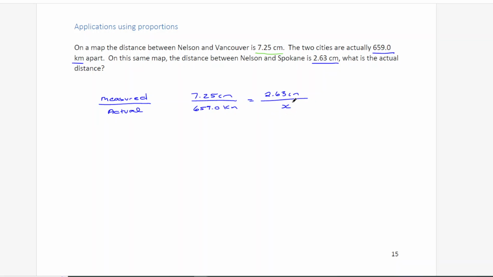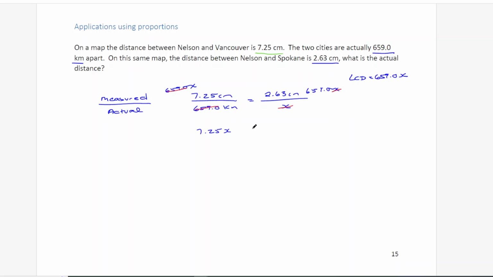Well, we solve it like we do any other rational equation. What is the lowest common denominator? Well, it's 659 times x. So we're going to multiply both sides of the equation by 659x, and then we're going to eliminate or destroy. So we go 659 is gone, x is gone, and I'm left with